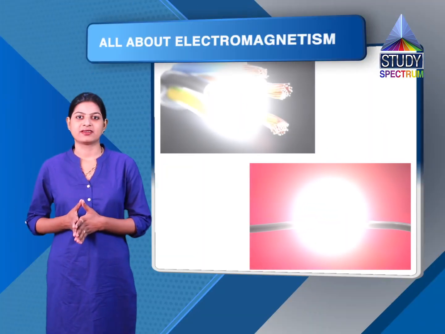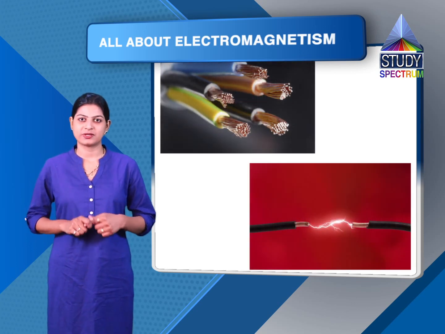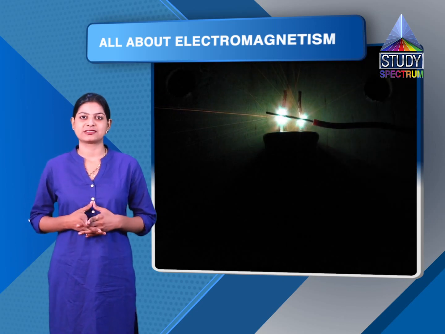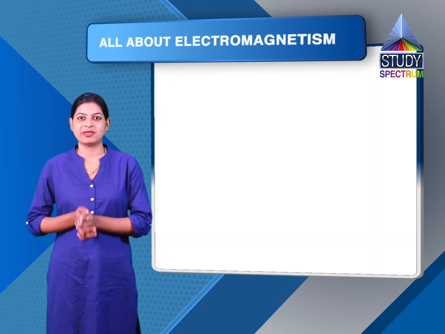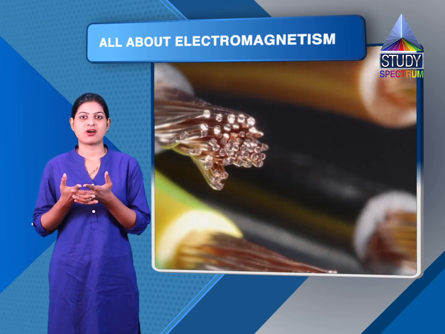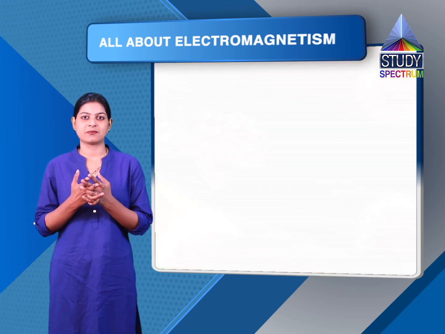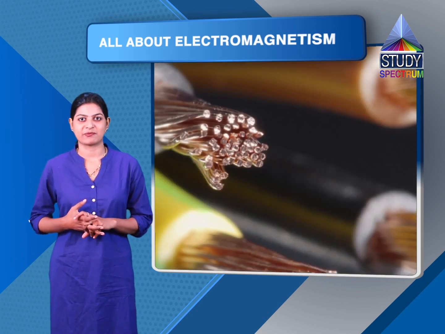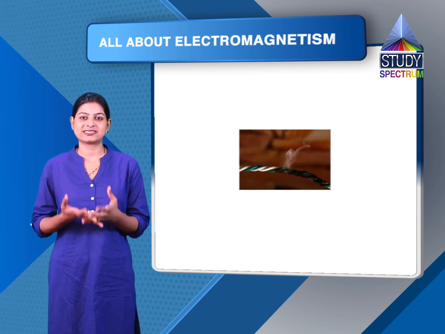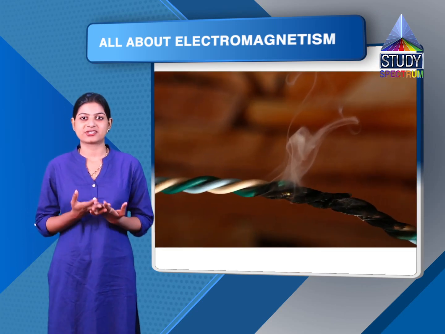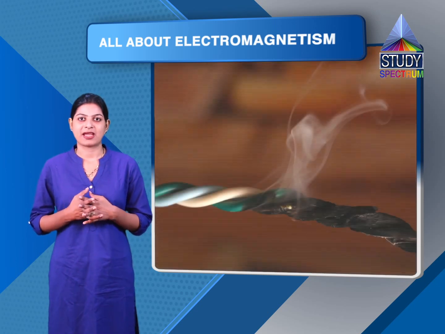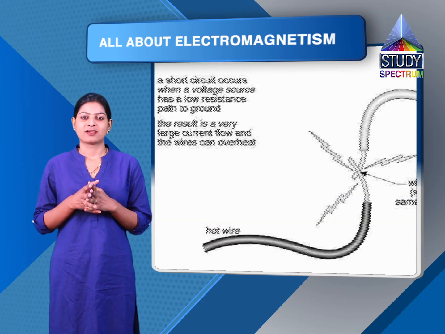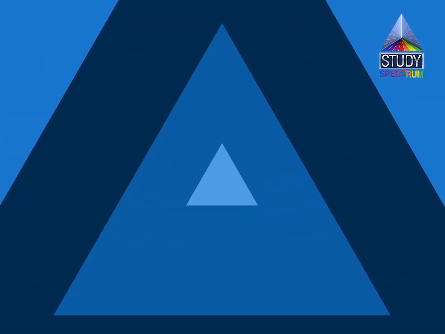Whenever the live wire and the neutral wire come in contact with each other, there is a possibility of a short circuit. What happens in a short circuit? Actually, short circuit means the resistance of that appliance or that circuit becomes very less, and due to this, a large amount of electricity starts flowing from that circuit. Due to that excessive electric current, it heats up, and there is also a chance of the circuit catching fire. So even short circuits can be fatal.